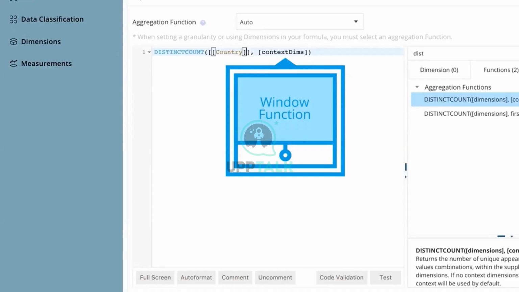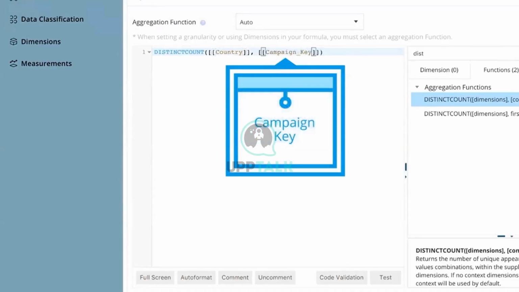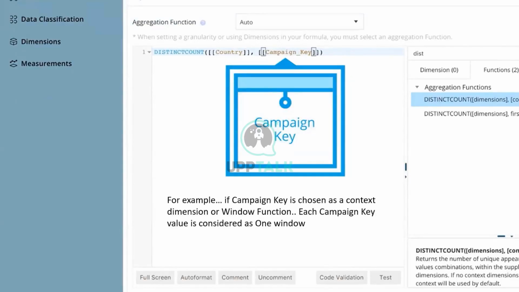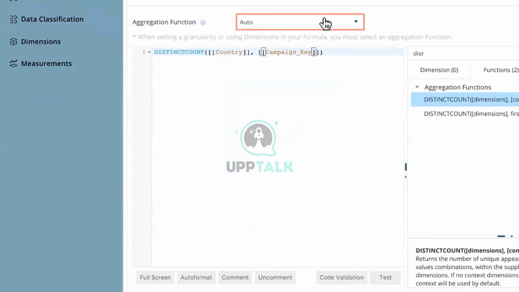Which can basically be given as campaign key that we want. Each campaign key value is considered as one window for which it starts calculating the distinct count